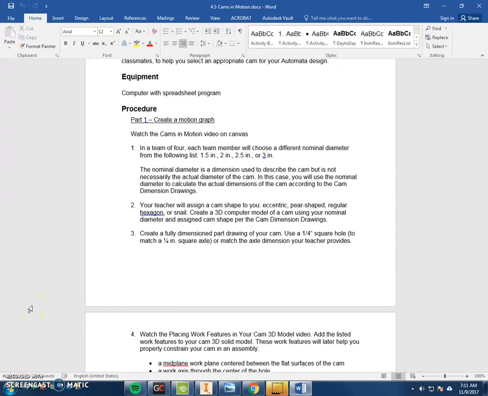Students, here's your tutorial on creating different types of cams. This one will look at the hexagonal cam. Remember from your activity that you're going to be assigned a different nominal diameter. For all of these, I'm going to create them at a nominal diameter of 3.5 inches, which isn't one of your solutions, so you'll just have to take what I did and go from there. So we're going to create the hexagonal